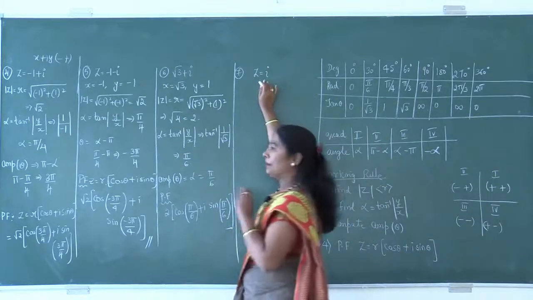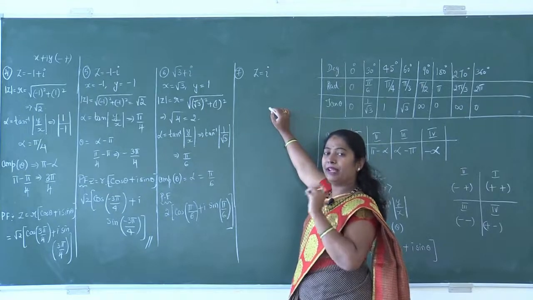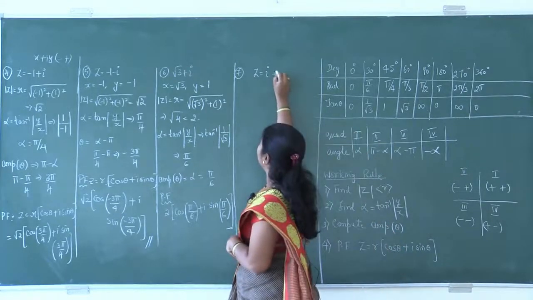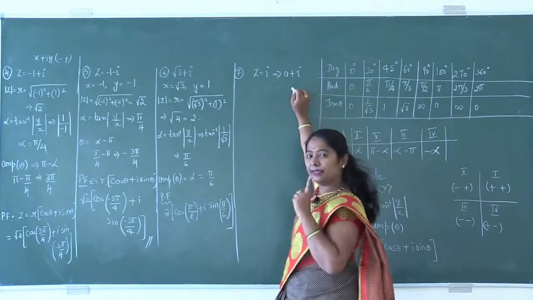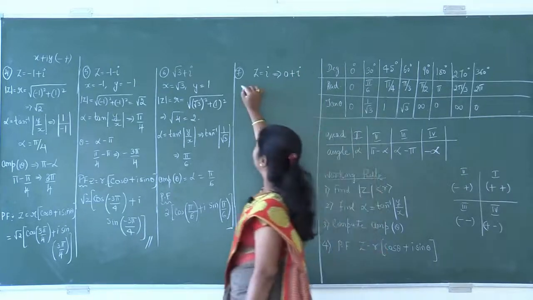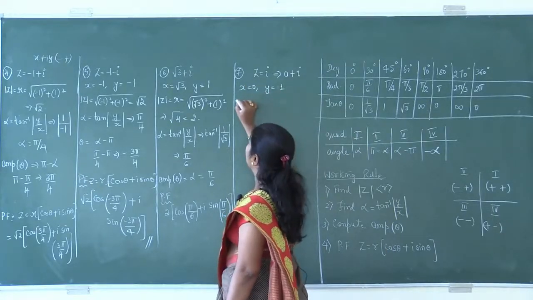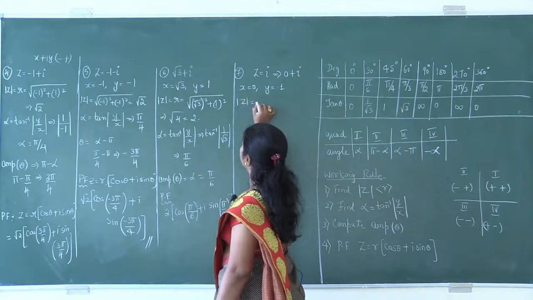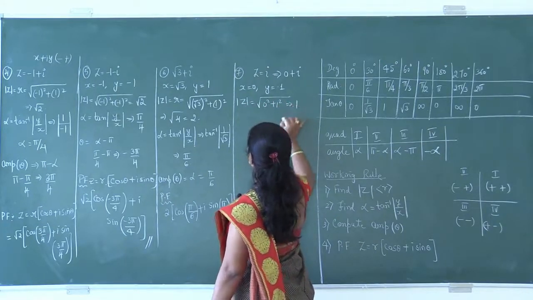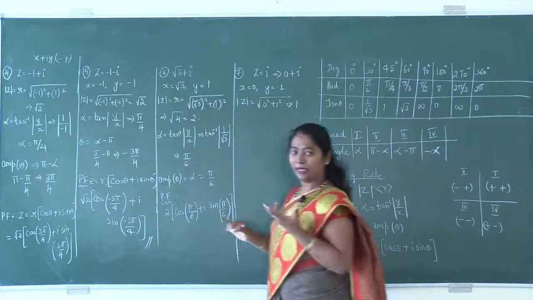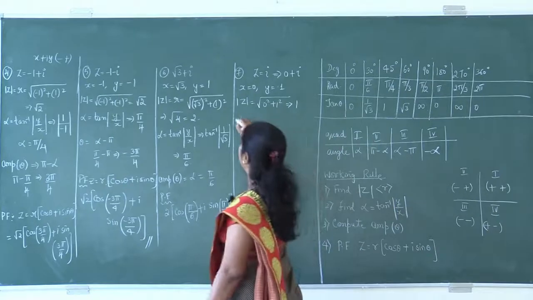Here, do we have an imaginary number? No. So, imaginary number takes the value 0. So, can I rewrite this as 0 plus I? The coefficient of I is 1. So, x value here is 0. Y value here is 1. How do you find mod z? That is root of 0 square plus 1 square, which is root 1, which is nothing but 1, and this one is called r.